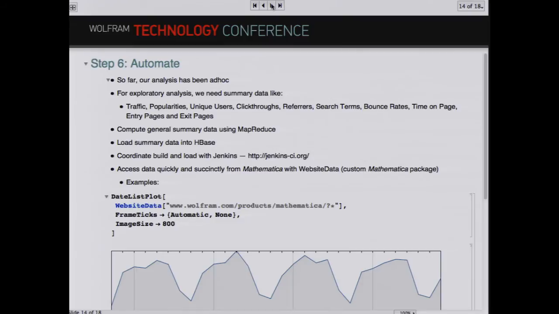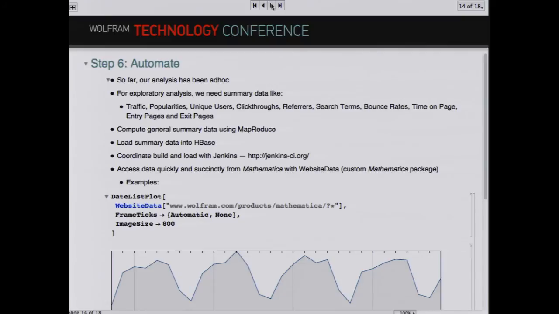So for us, we create traffic, popularities, unique users, and session type things as well: bounce rates, time on page, entry page, and exit page. And we compute all of this using Dumbo MapReduce. We then load all of the summary data into HBase, and everything is coordinated with our Jenkins tool, which is an open source tool and available from jenkinsci.org.